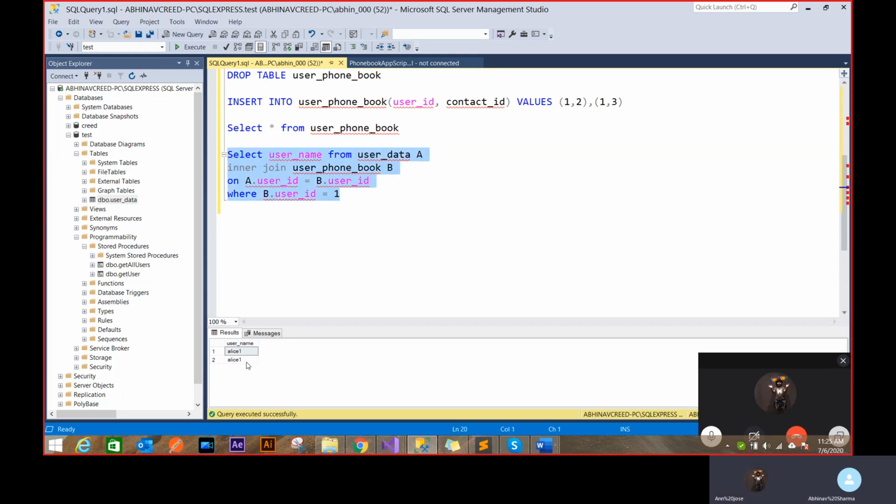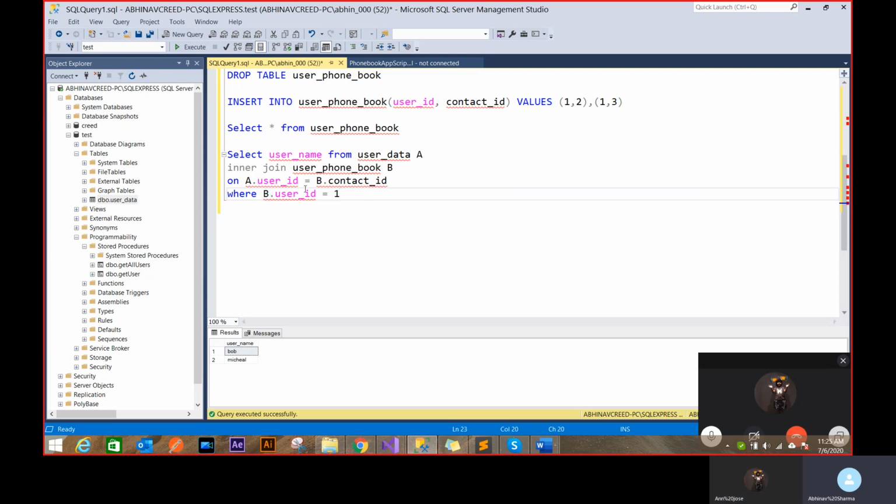Otherwise, if I use a very different kind of combination, it will give me redundant records. And this is a very common scenario in inner joins. If you're not using the right key combination, you will get redundant records. So inner join is generally used with primary keys, but there are certain scenarios where you want to join some data, and because you don't care about redundant records, then you can do that.